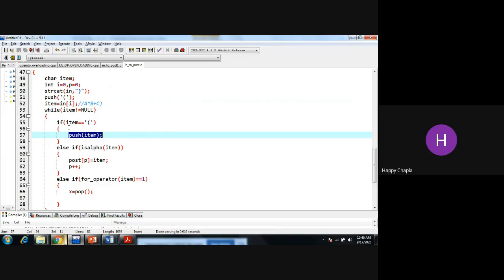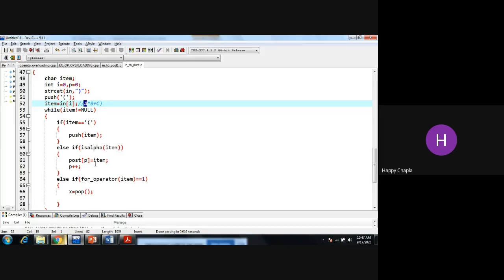Now the case is something like I have a. Okay, so item of 0, infix of 0 element, is a. So we need to check that if it is an operand, then we need to add it into the output array, right? So how can we check whether it is an alphabet or not? We have that function isalpha with item of 0, that is a. So is my capital A an alphabet?